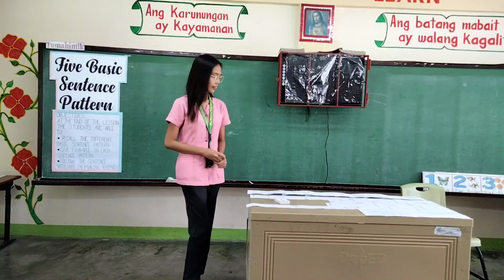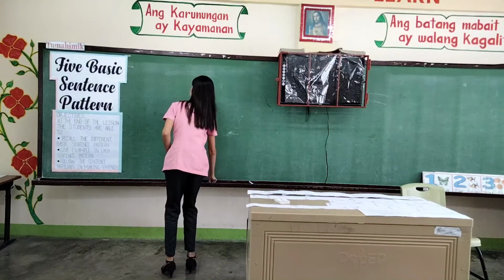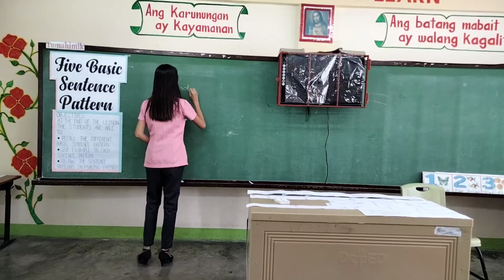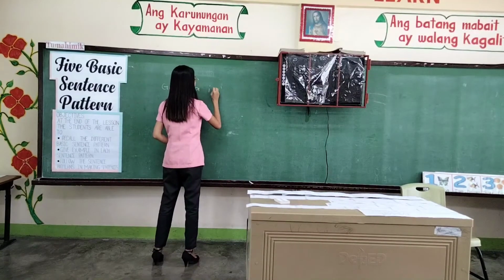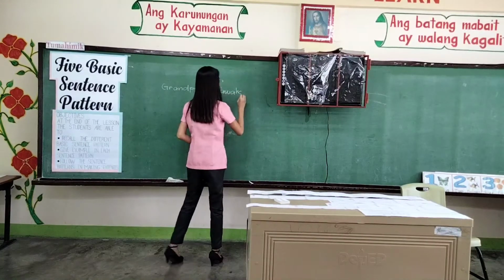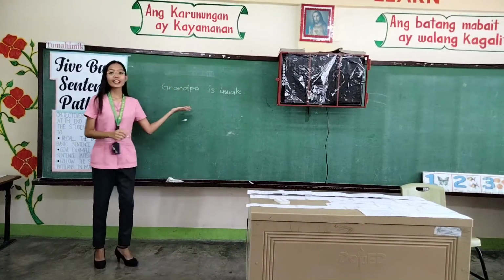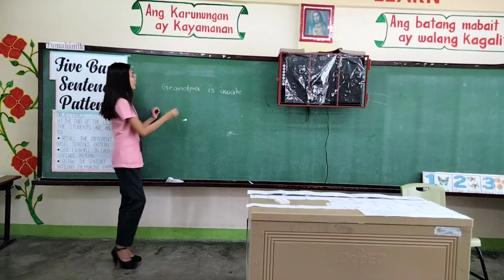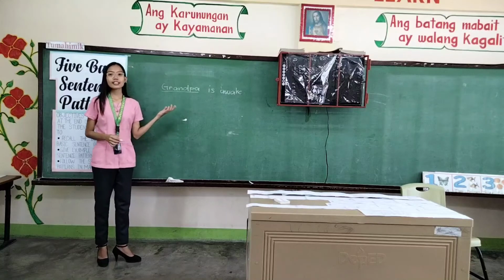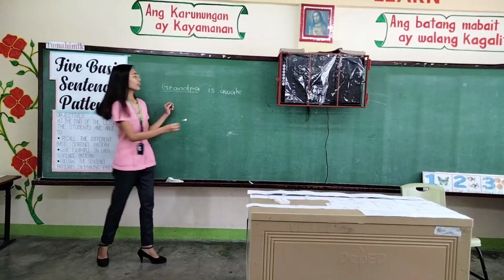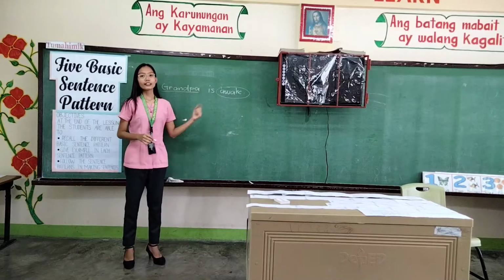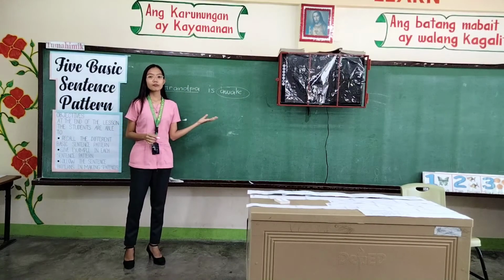So, here are the examples. Okay, so grandpa is awake. Grandpa here is the subject, which is a noun and is what the sentence is talking about. And is awake, it is the predicate, which is a verb that describes the